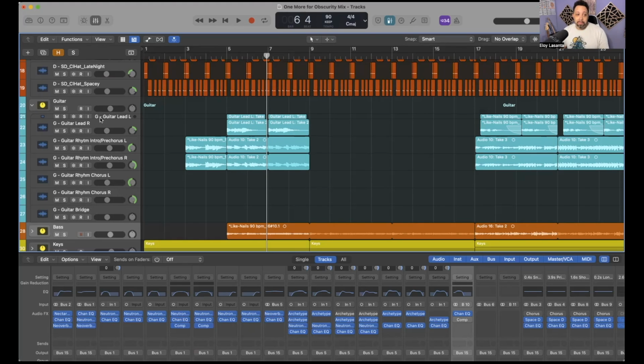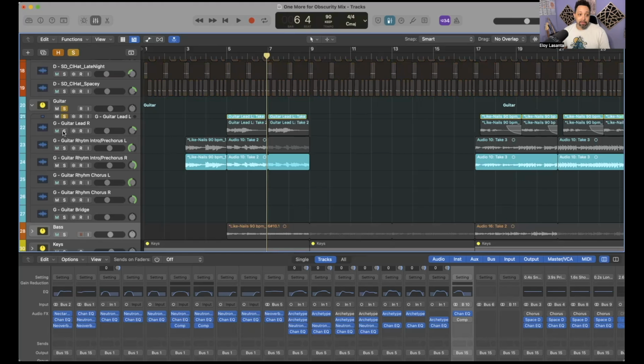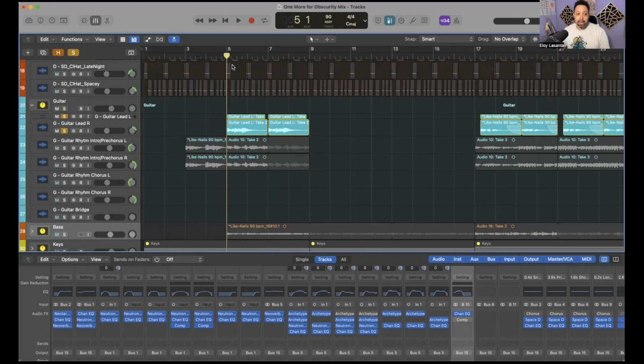The fun part about the lead versus the rhythm here is that I really was going for very different tones. That's another thing I really like. With the guitars on my songs, I don't want them sounding the same, because I want you to be able to differentiate them, even to the point where you can differentiate between the one side and the other side.